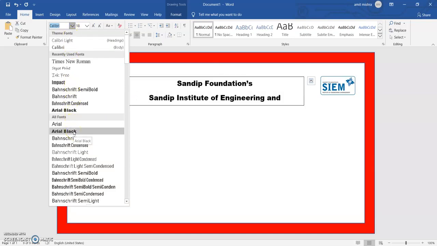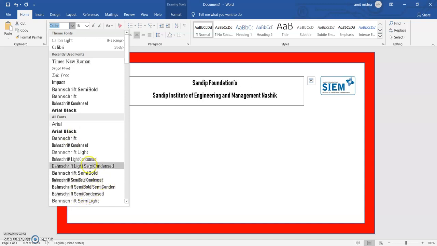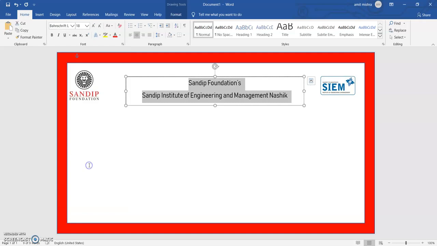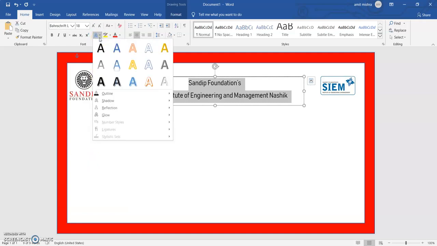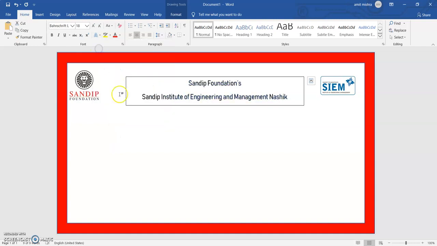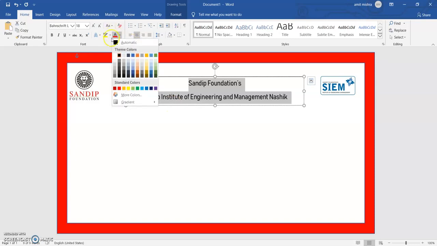That is also possible, like I choose Arial Black, or I can choose anything. So I just want to choose this one. Or else I can go to this option also, and from here I can give anything the way I want. And if I want to change the color, that is also possible from here in this fashion.